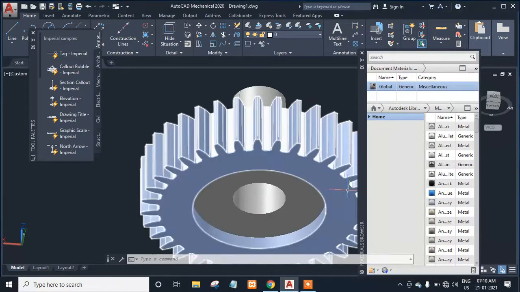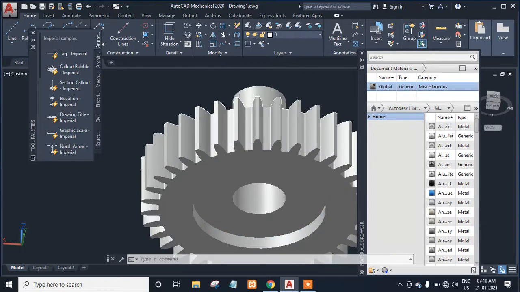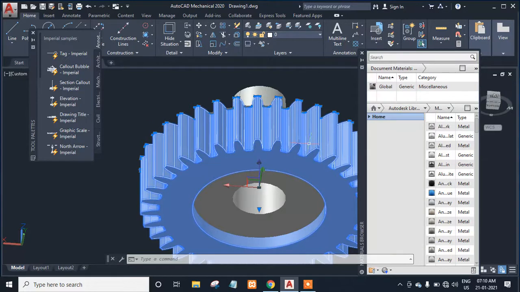So here the material is open now. We'll select the gear and we can also drag and drop the material, but here is the aluminum, and